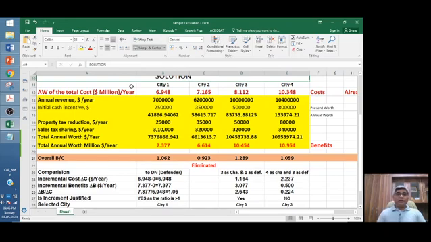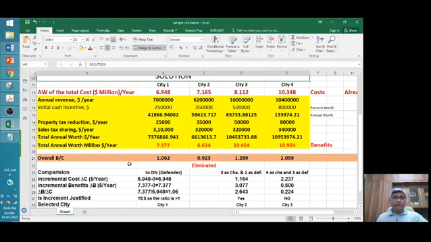That is a situation where we don't have any project in any of the cities versus having a project in city 1. So in this case, DN is basically the defender, and we compare this defender with the challenger, and here the challenger is city 1. So we have to decide whether we continue with the defender or the challenger is accepted. That we can do with the help of incremental benefit to cost analysis.